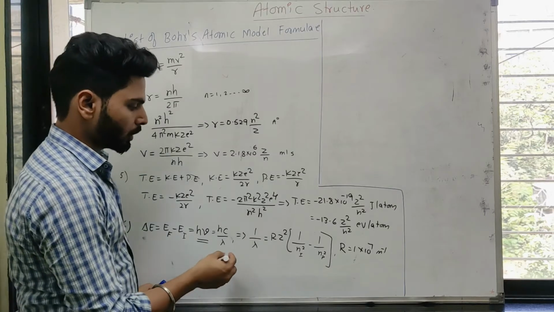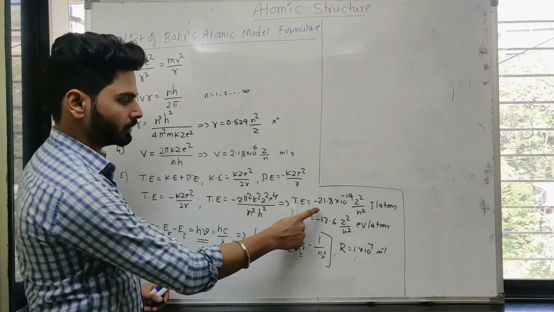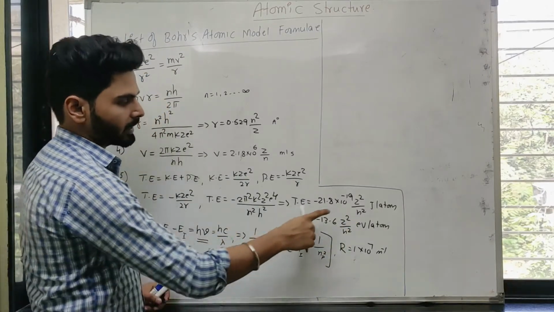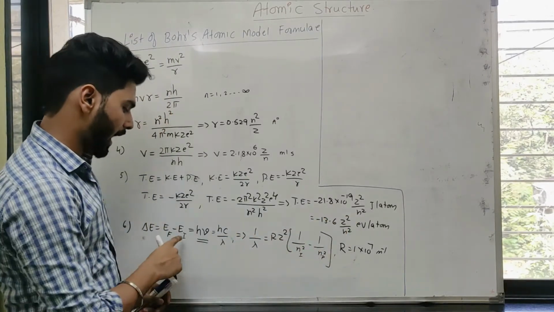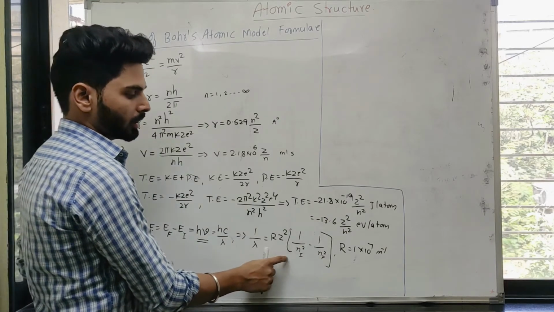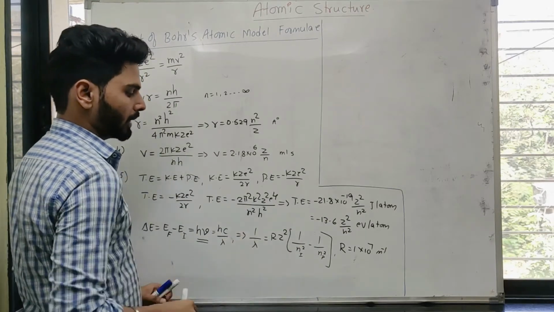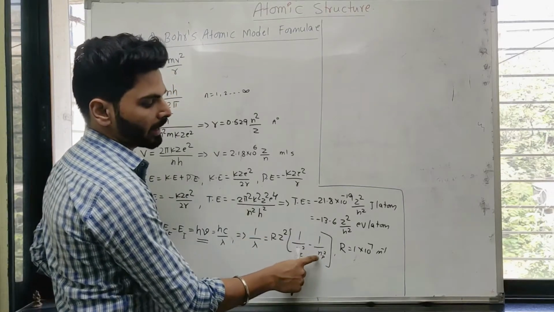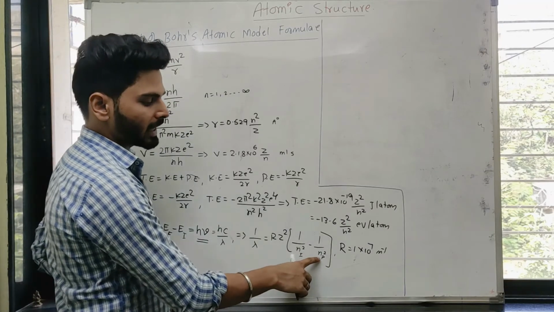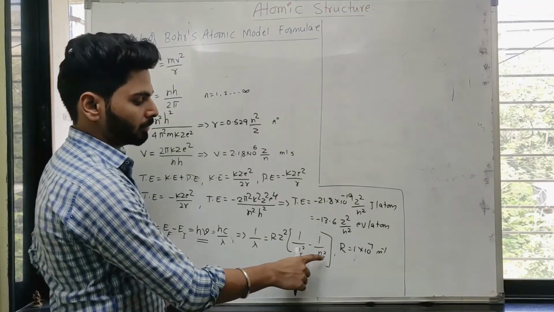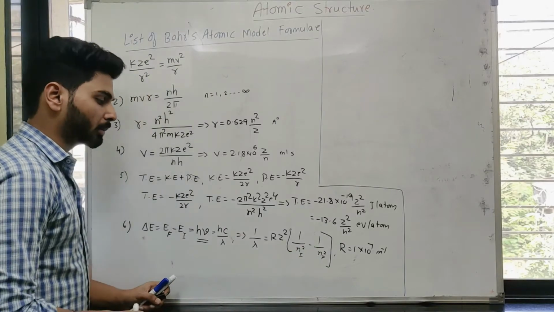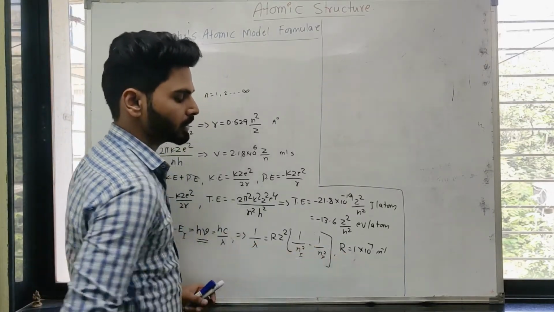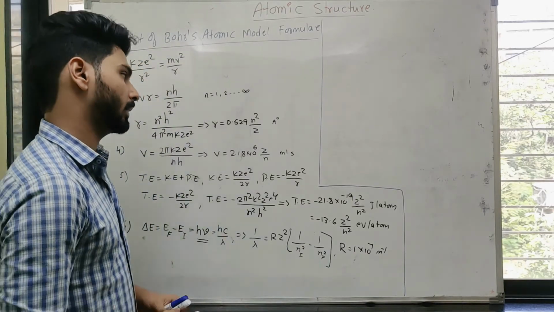So when we put those constants, EF as this value, energy of final while keeping n as nf, EI again same but while keeping n as ni, then we'll get this formula, that is 1 upon λ equal to RZ² into 1 upon ni² minus 1 upon nf². So nf stands for higher shell number, ni stands for lower shell number, where R is called as Rydberg constant. For calculation purpose, you can use as 1 into 10 raised to 7 per meter.